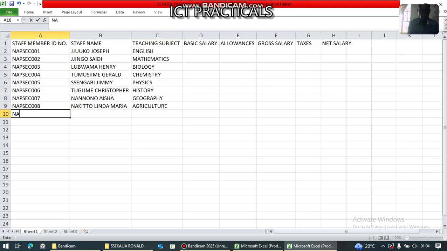Then knapsack 009. Let's put Ssekajja Lawrence. Teaching subject, let's put